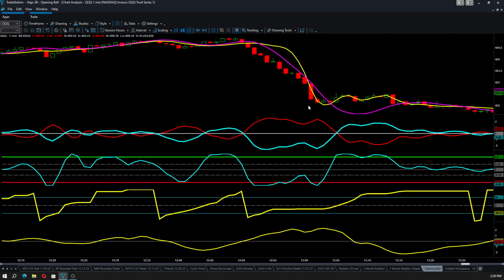Now, how can we tell whether there's an uptick in volume great enough for us to take the trade and go in? This yellow line down here tracks volume, okay? The moment it touches the zero line, that indicates that there's going to be an uptick in volume, such as what happened here at 12:50 p.m. today. This uptick in volume right there corresponded with the sell-off. A rally will also correspond with an uptick as well. So regardless whether the price is going down or up, an uptick in volume crossing over the zero line will indicate that that might be a good point to get into your trade right here. Okay,